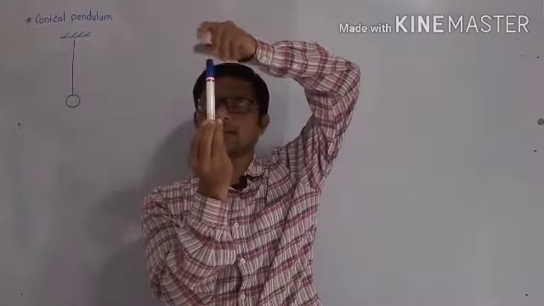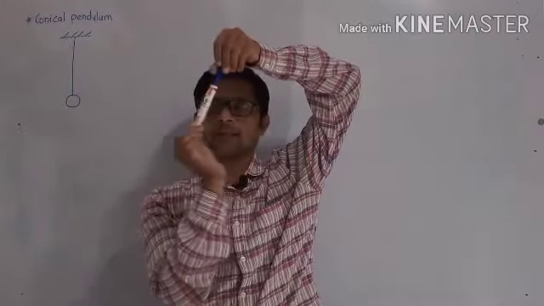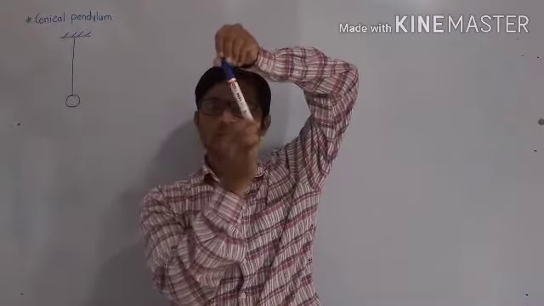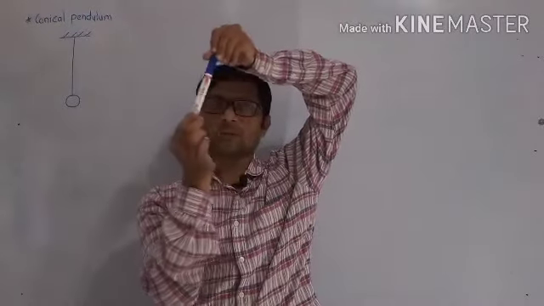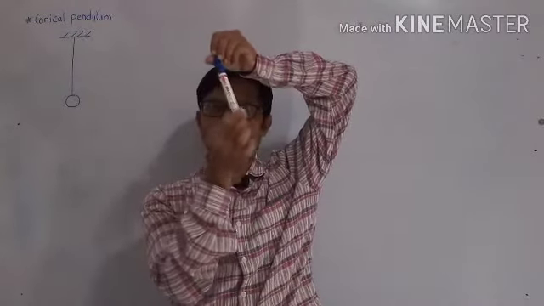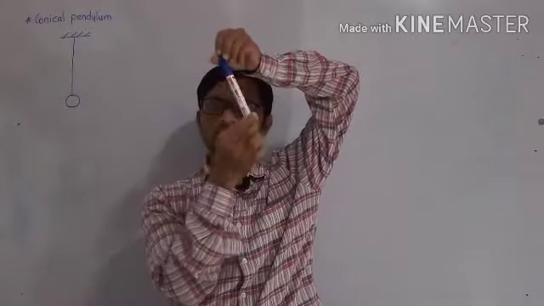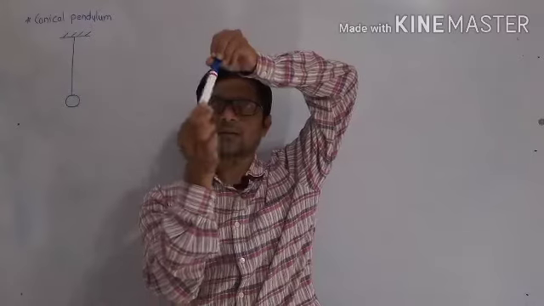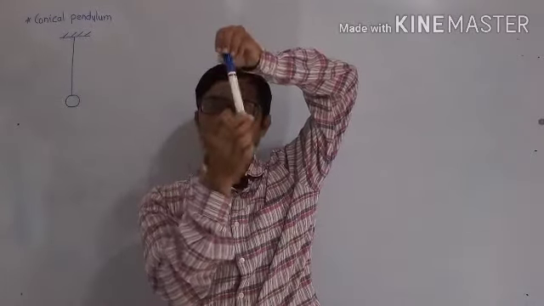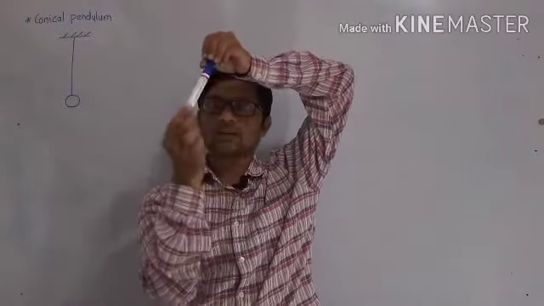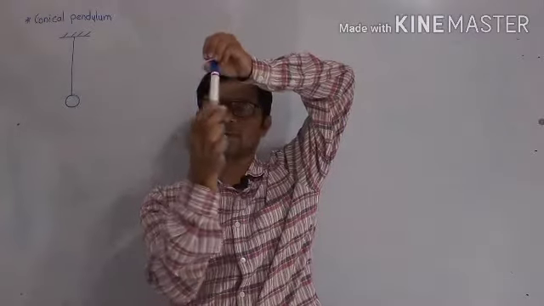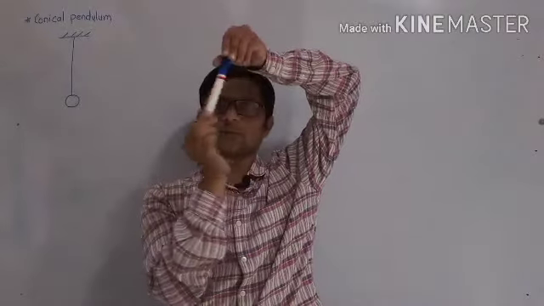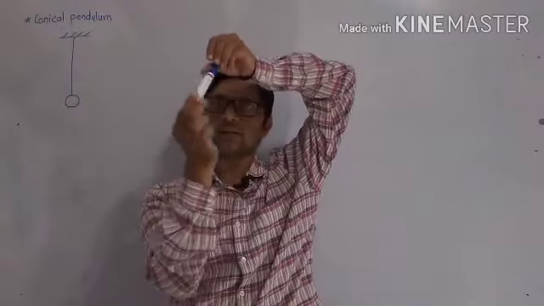Assume the spherical bob is fixed here and I am revolving this spherical bob in a horizontal circle. So this spherical bob performs a uniform circular motion. This bob only, not the complete simple pendulum. This bob will perform a horizontal circular motion, or uniform circular motion in a horizontal plane. This horizontal plane is flat, okay. Now this bob is performing UCM.